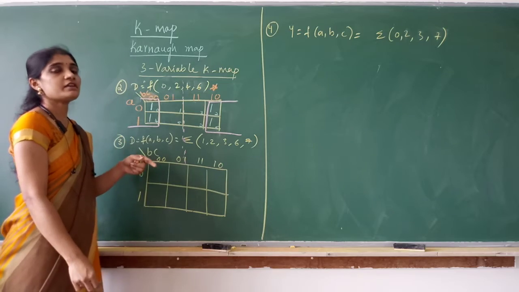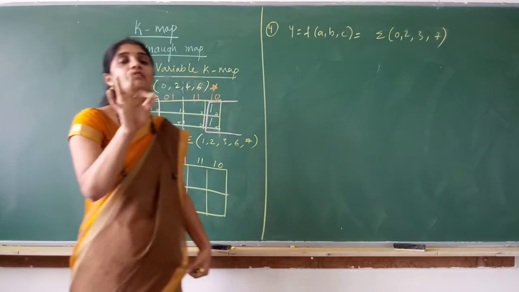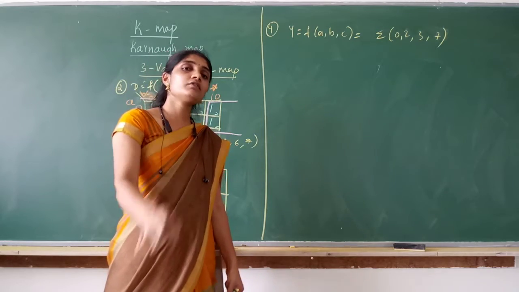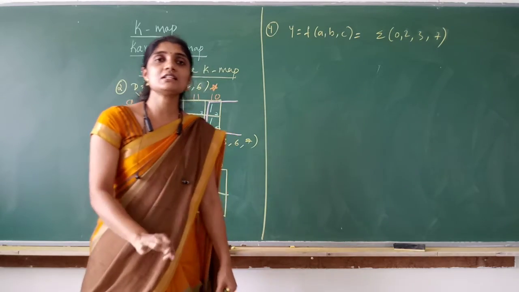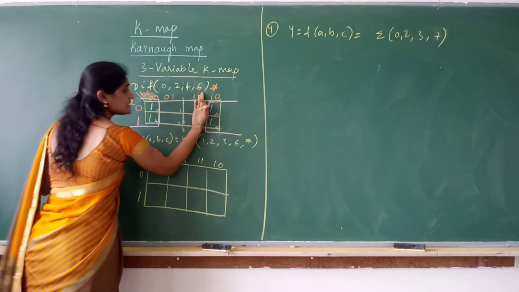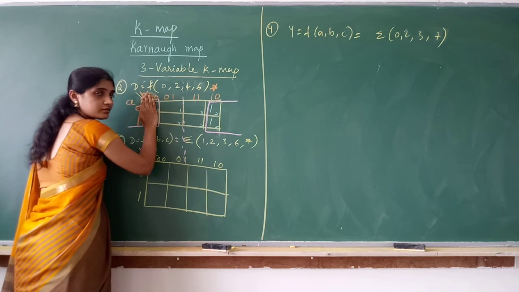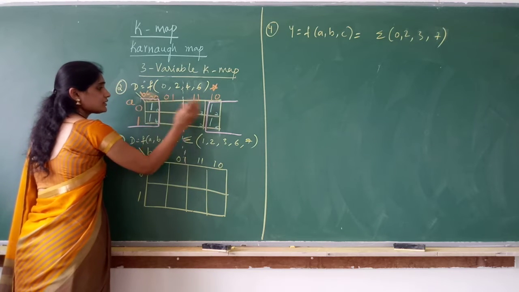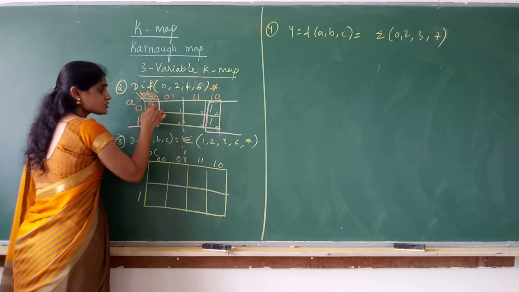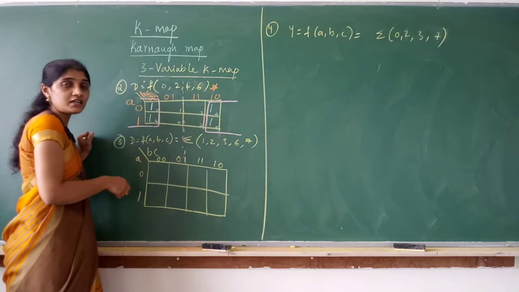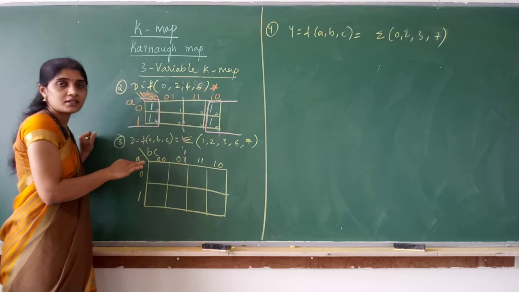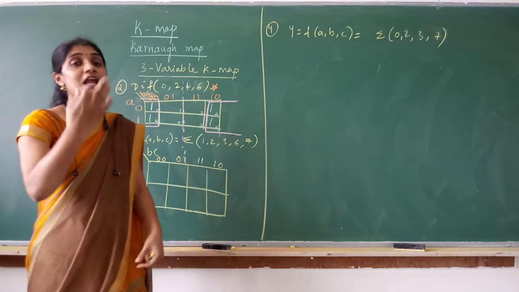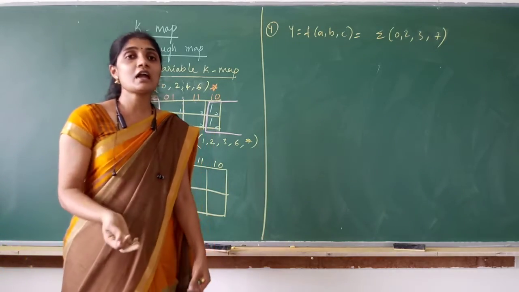Or, in a very simple way, all the corner cells of a K-map are adjacent. Corner cells, either in 3 variable, 4 variable, 5 variable, are adjacent. So you always have to fold the K-map and check. When I fold the K-map, these two will come on these two. So 0, 4, 2, 6 are adjacent and I can group all the 4 cells. Don't group only 2, 2. You have to go for larger grouping. You always have to go for larger grouping.